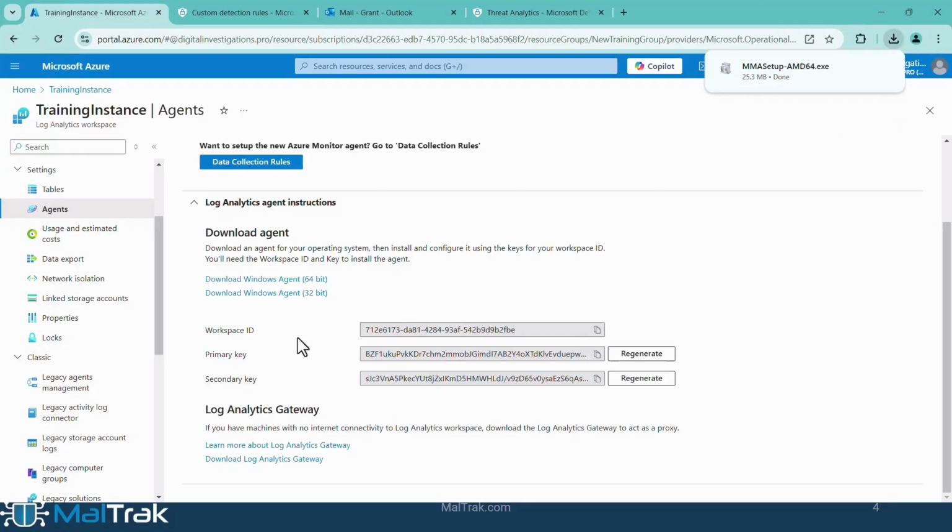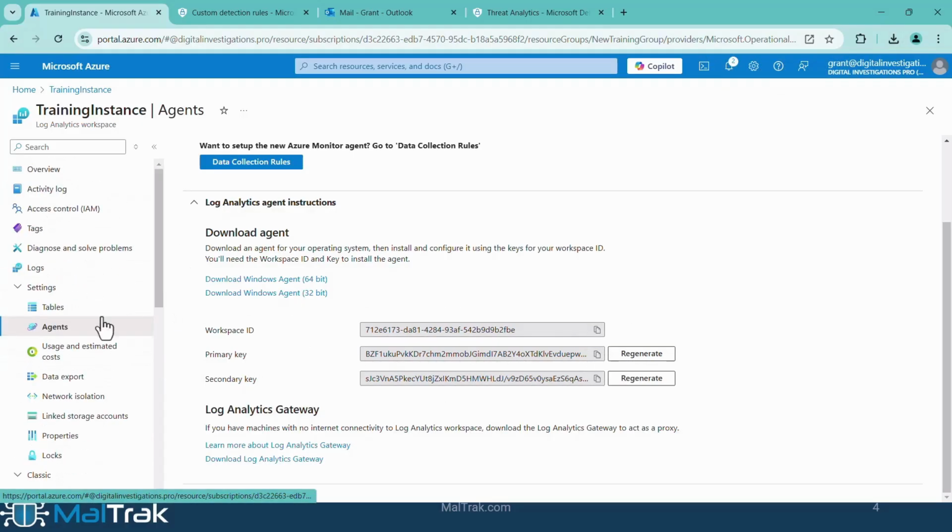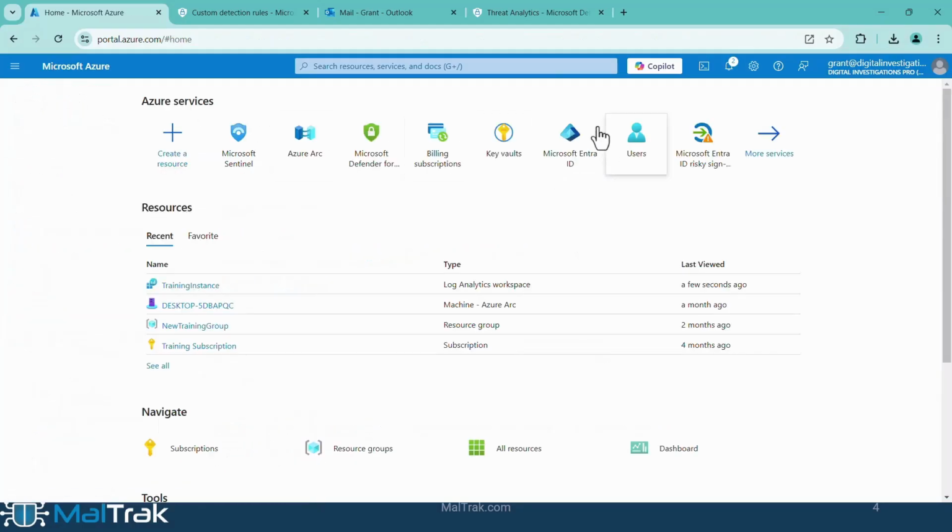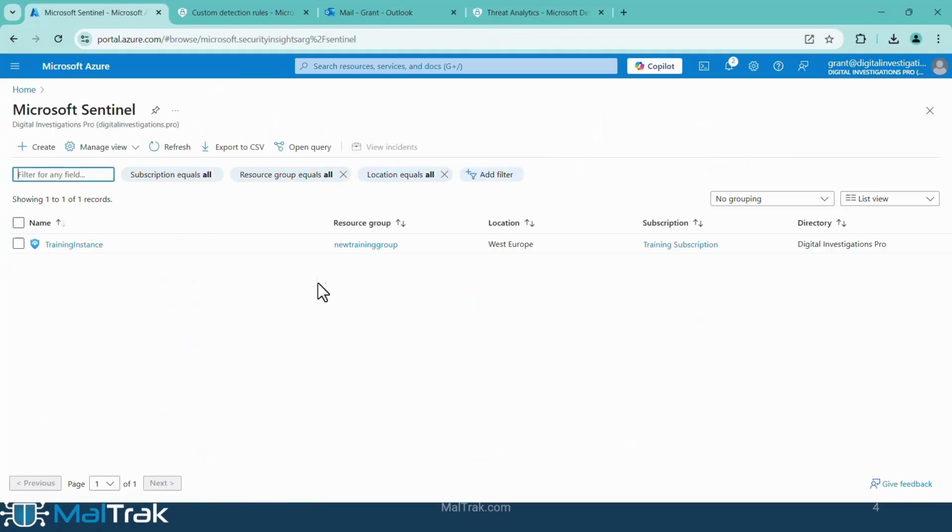If you need to provide workspace IDs, there's a primary and secondary key. And this is also important for working with agents. But here we can see exactly where our agents are that belong to that Log Analytics workspace. That's here. And also if we go into Sentinel,